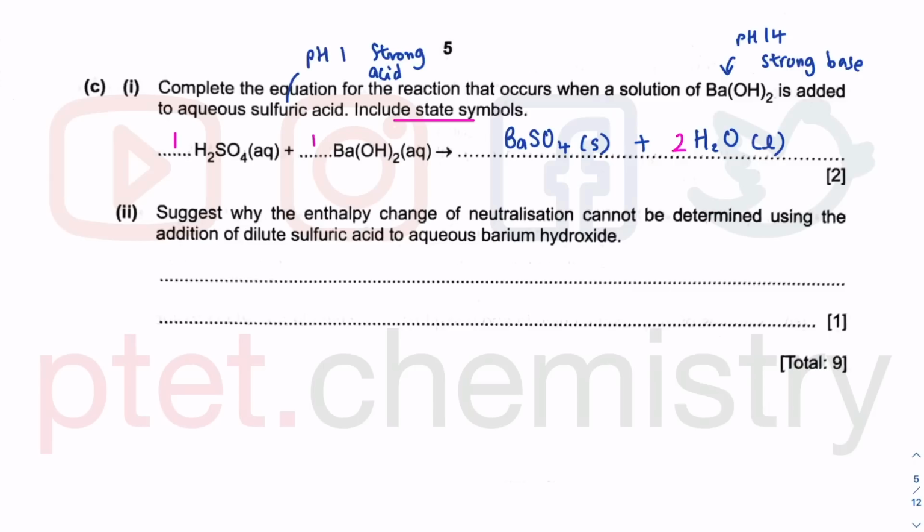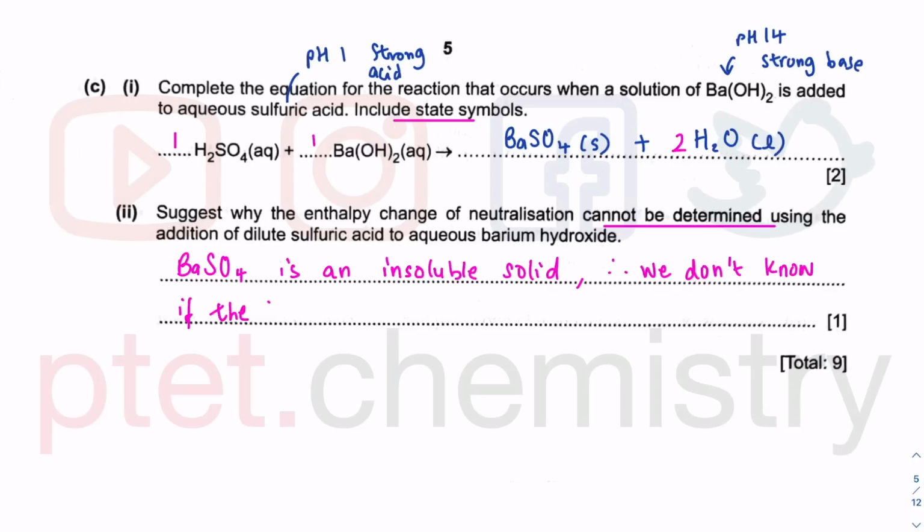Now last part, suggest why the enthalpy change of neutralization cannot be determined by using the addition of dilute sulfuric acid to aqueous barium hydroxide, simply because barium sulfate is an insoluble white solid. And if that is an insoluble solid, therefore we don't know, or we cannot know for certain if the heat energy release